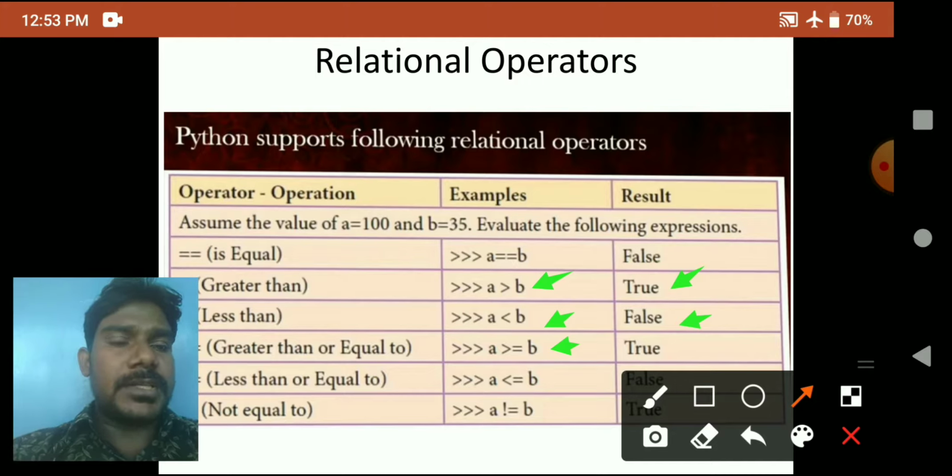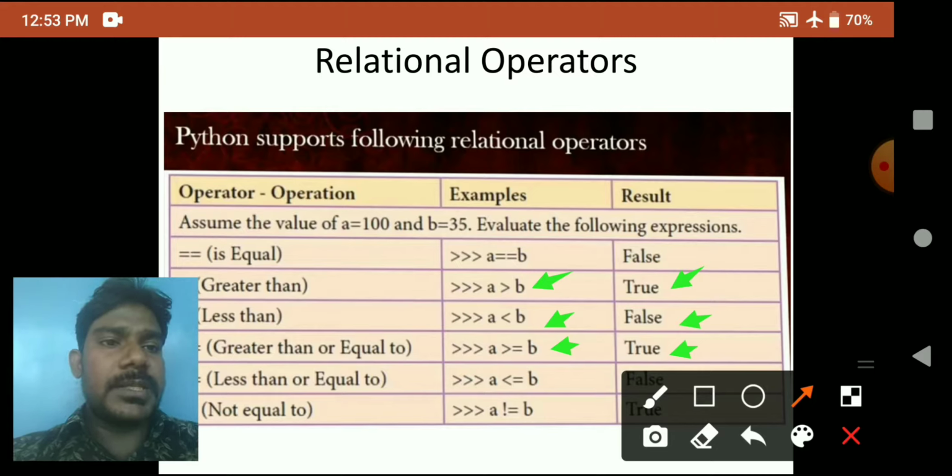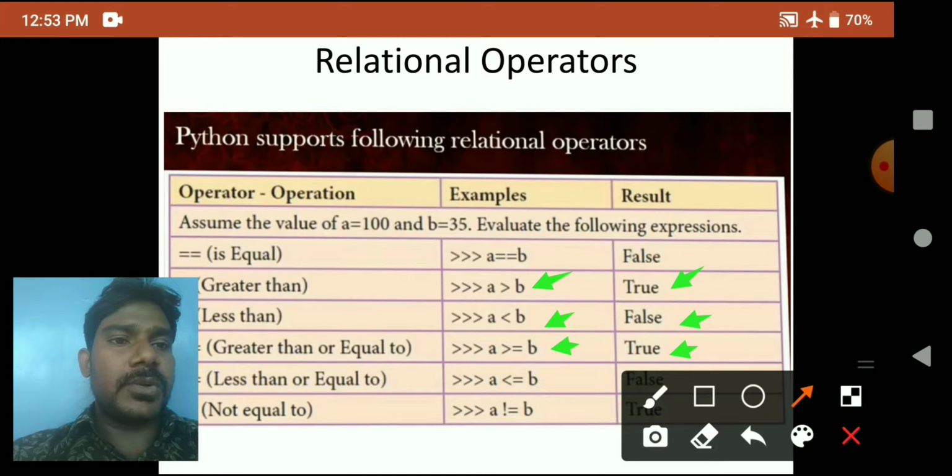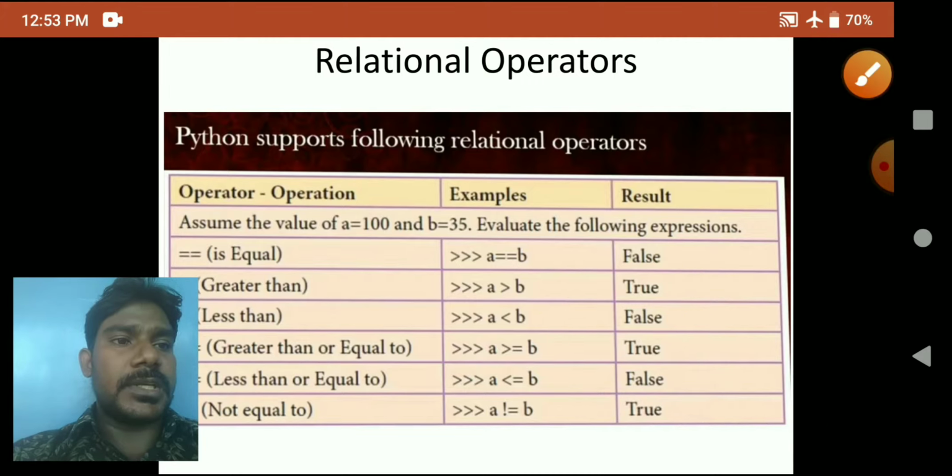Now the condition is true because a is greater, so the result is also true. Next condition, a less than or equal to b. 100 less than or equal to 35, so the condition is false, and the result is false.